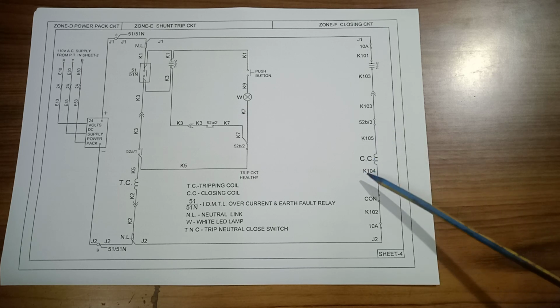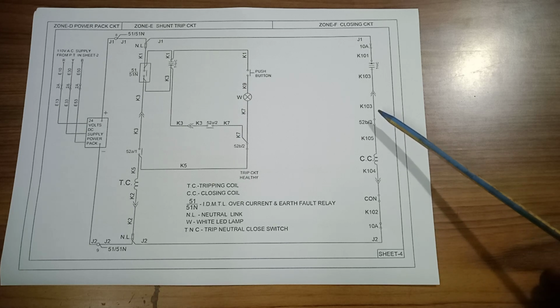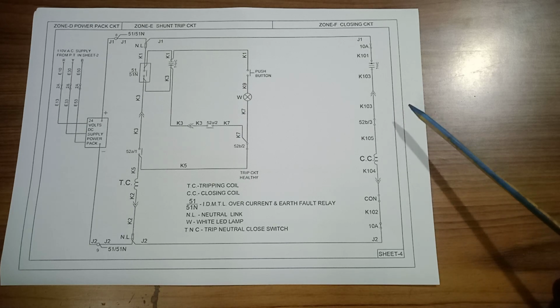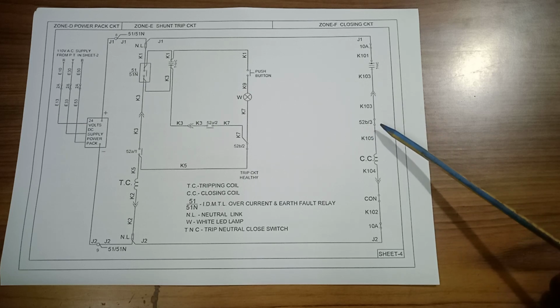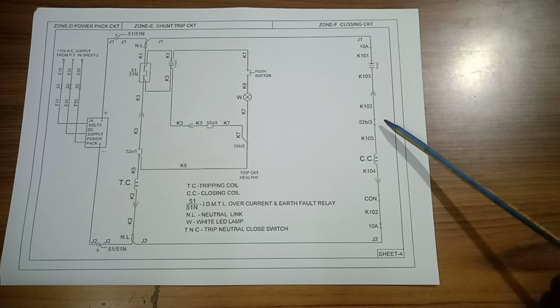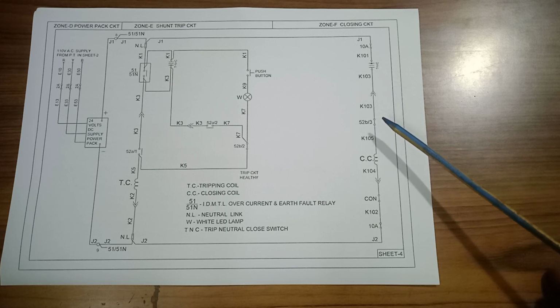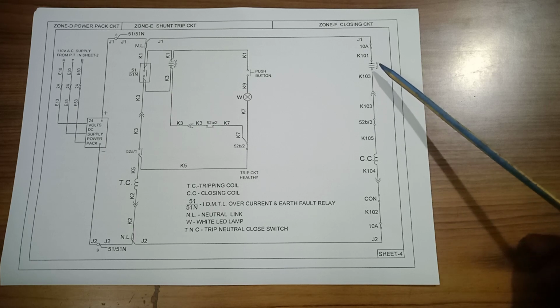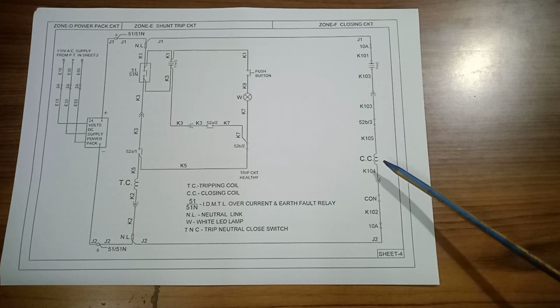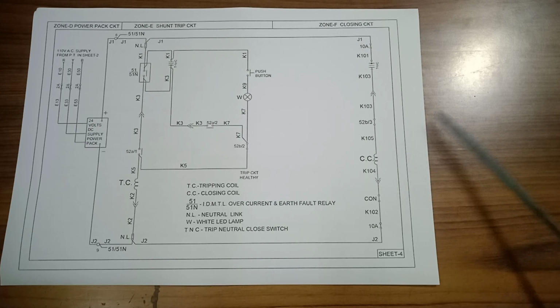This protects the closing coil. Many manufacturers do this by an anti-pumping relay. When 52B is open due to the circuit breaker being on, then the trigger from the TNC switch to the closing coil will not work at all. Next,